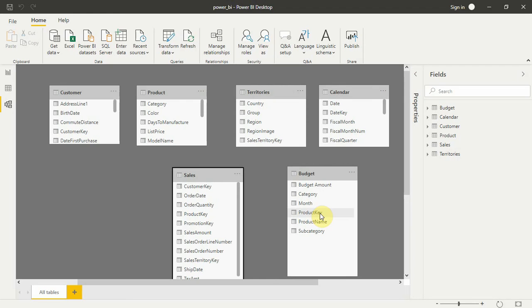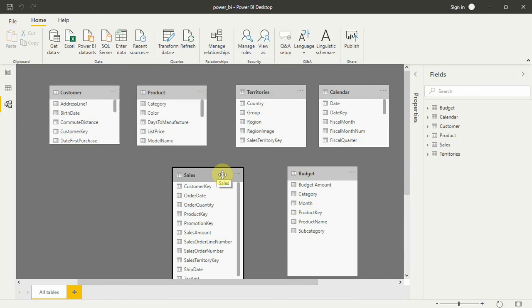Okay, so since we have done our first part of the Power BI tutorial, that's Power BI query editor, we now come to modeling. Modeling is very important, guys. Modeling is very important for making reports. Okay, so you must be confused as to how I have arranged these tables. These first four tables are lookup tables, and these two tables are data tables. So what are data tables, what are lookup tables? It might be confusing to you, and I'll tell you how.